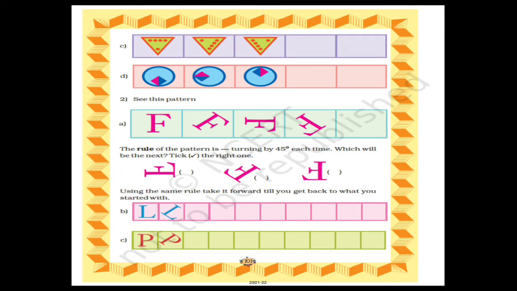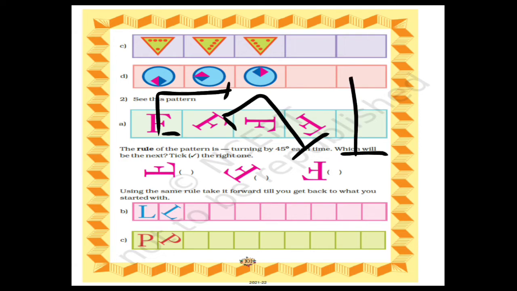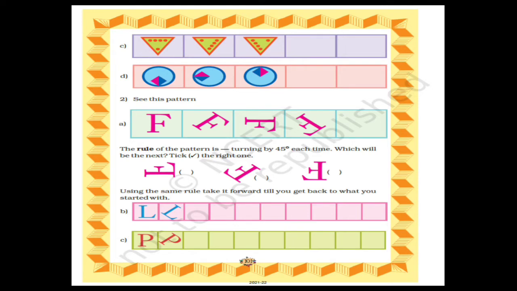So let's try. So in first it is straight, then slightly slant, then in the third you will draw this way, right? Then in the next, that is in the fourth one, you will draw slightly slant. Then in the fifth one you will draw this way L. So I hope this is clear. So this way you will continue, and this last box you have to draw by yourself. This will be your homework. Now similarly you have to do in the C. So this one and this one will be your homework.